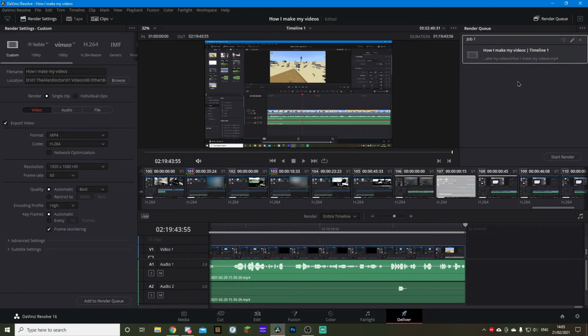This is the render queue, so you could have multiple videos, and if you select them all and then press start render, it will obviously render all the ones that you've selected in the render queue. In this case though, we just want to render this video, so we'll make sure it's selected, which it is, and press start render. However, we don't want to render it, obviously, because I haven't finished the video, but you guys can obviously render it when you have finished your video. I'm just going to press X to get it out of the render queue because I need to actually finish editing it. But that is actually the end of the video editing